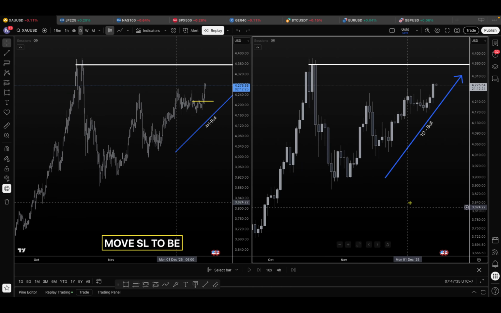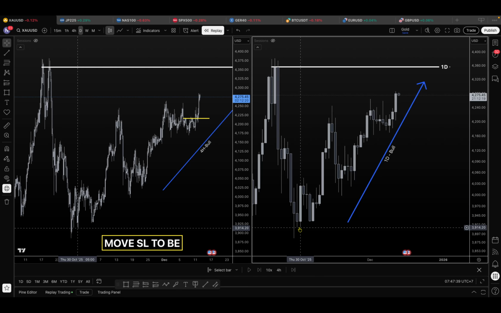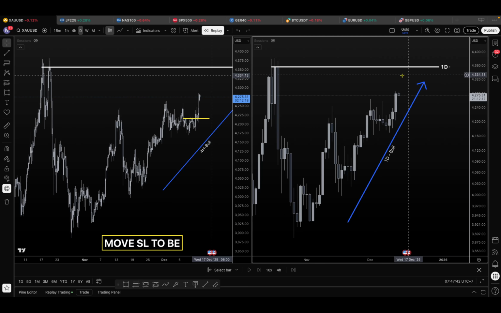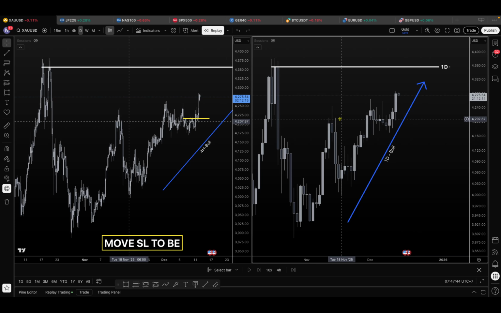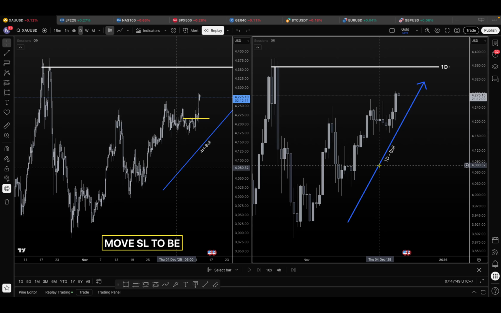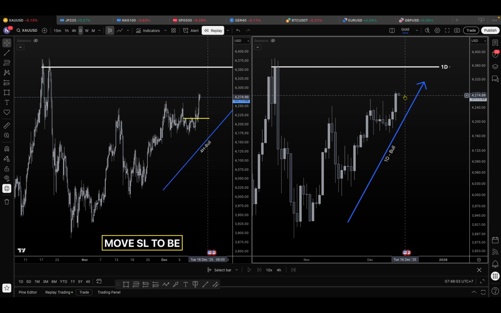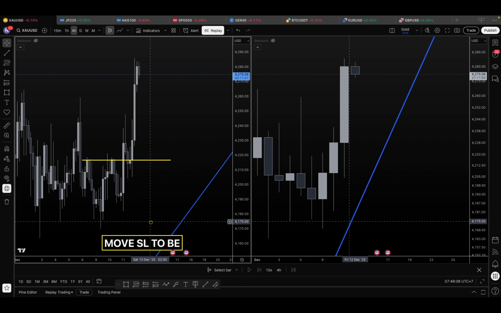When I look at the price on the daily time frame, I can feel that the price is in an uptrend, as I drew here. The price broke this high, pulled back, and I think the price will continue to go higher. So therefore, I decided to get in the trade